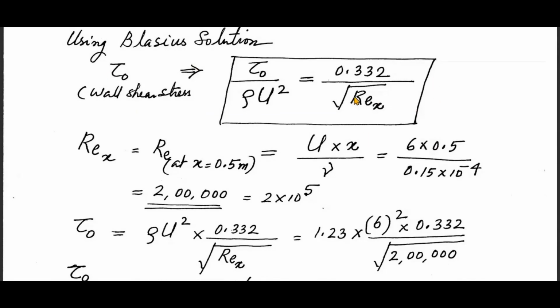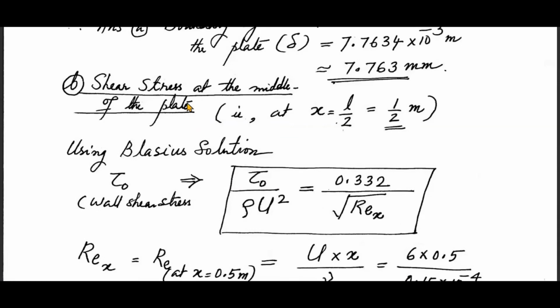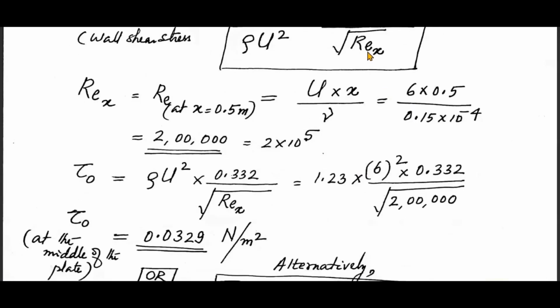You can make use of this equation for the wall shear stress, which is originally found from the Blasius solution directly. But the important thing is you have to find the shear stress at the middle of the plate. So the Reynolds number which we calculated initially, 4 lakhs, cannot be used here, because that Reynolds number prevails at the end of the plate. Here you have to calculate Rex at the middle of the plate. As the distance changes, the Reynolds number also changes, right? So U into L divided by kinematic viscosity, here instead of L, x.